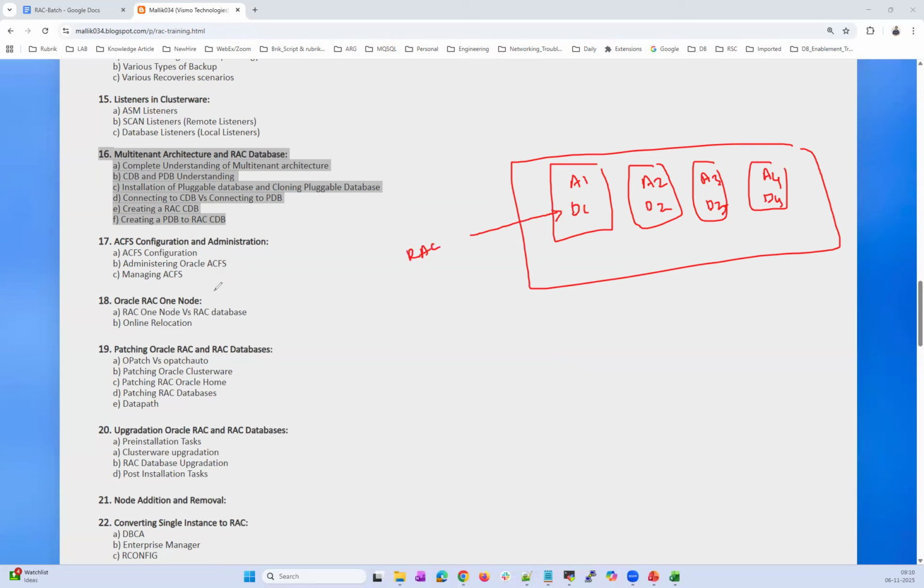At the same time, you can configure your RAC One Node database, meaning you can have your test_1. Your RAC database will have this nomenclature 1, 2, 3, 4, and your RAC One Node will have test_1, test_2, test_3, test_4. That's a standard naming convention. This is your RAC One Node.